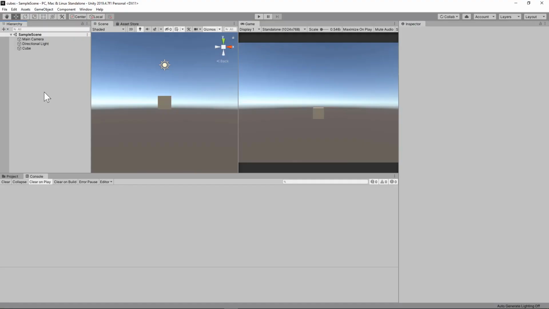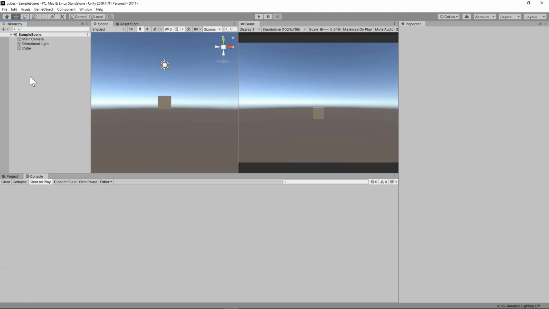The first thing to know about physics within Unity is that you don't really need to use physics. You can just control everything using logic with C#. But if you want to add a layer of realism to your game or unpredictability, then physics are the way to go. To use physics within Unity, you need two things. You need a rigid body component added to your object, and you need a collider to match it.